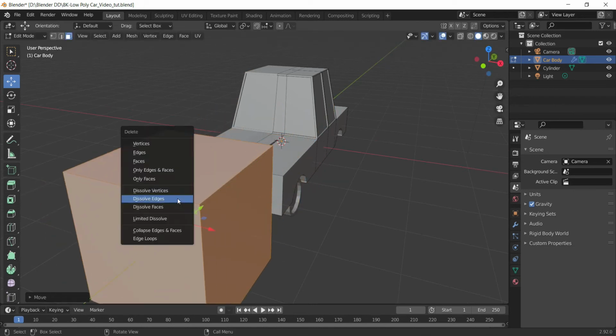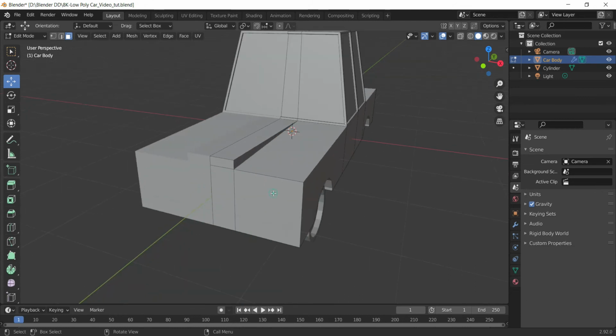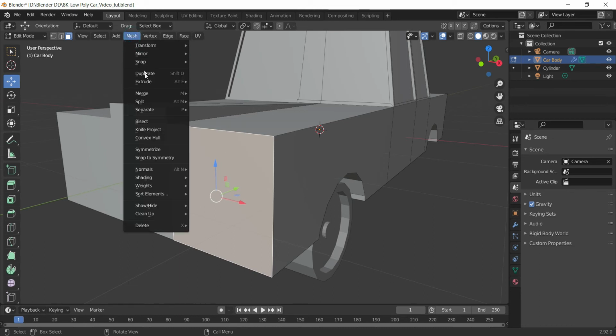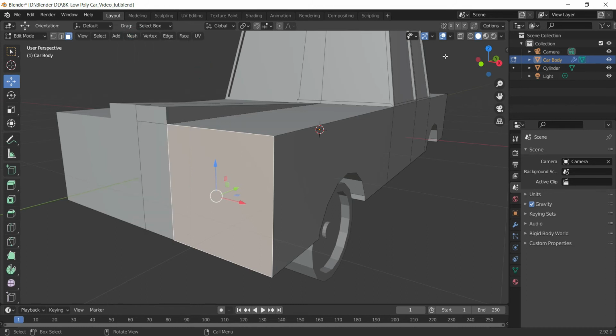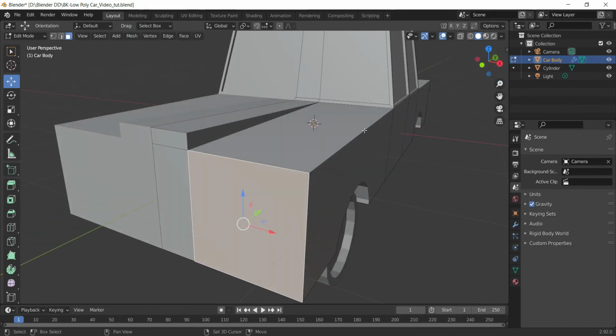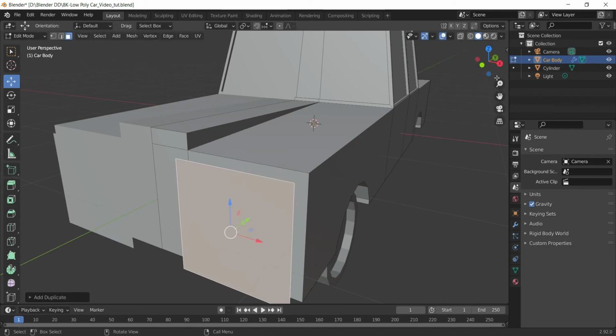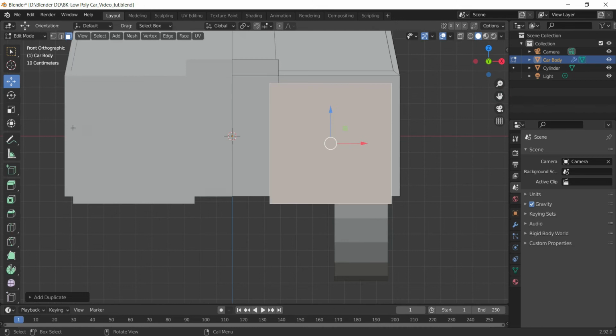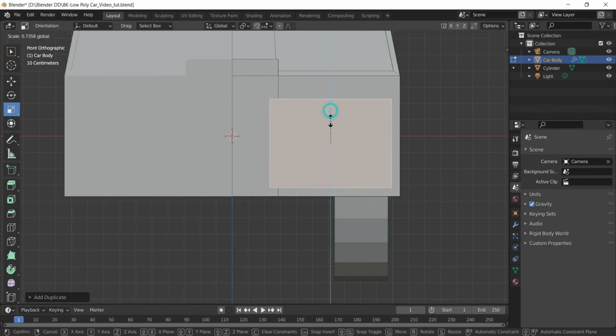So we will not prefer this option. We will just make the duplicate of this face, and the shortcut is the same, that is Shift D. So I'll choose this Shift D, pull it outwards like this, and then I'll adjust it with the scale tool to create the headlights.